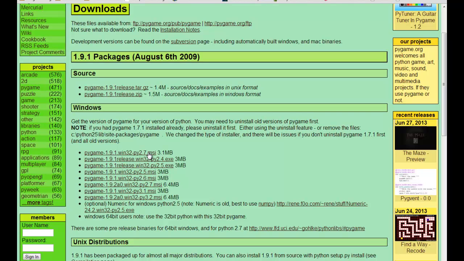So Py 2.7, not MSI. MSI is just an installer. Notice you have 2.7. So if you're using 2.7, then you want to use this. If you have 2.6, you want to choose this one. 2.5, choose this one. These are EXEs, they're released. So depending on which version of Python you have, actually,